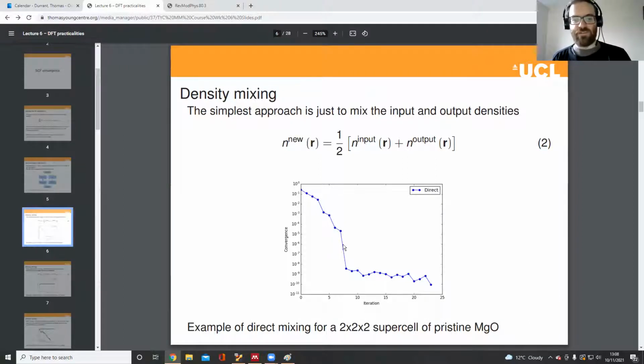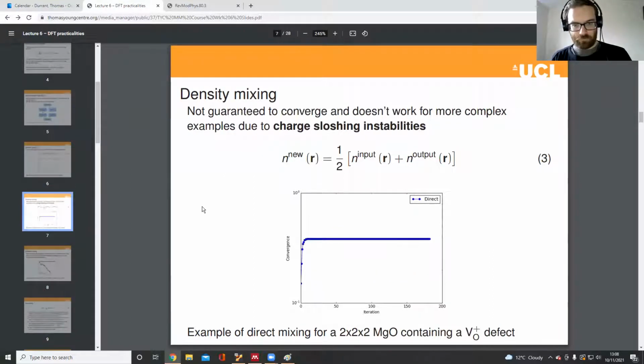You can see that if we keep on doing this, then the changes in these input and output densities get smaller and smaller, so we can achieve any tolerance that we want. But this doesn't work very well in a lot of practical, more complicated calculations we'd want to do. And one of the main problems you get is often called the problem of charge sloshing,